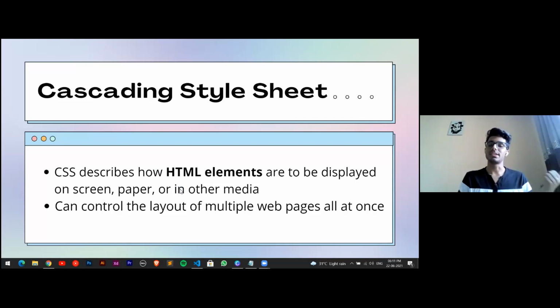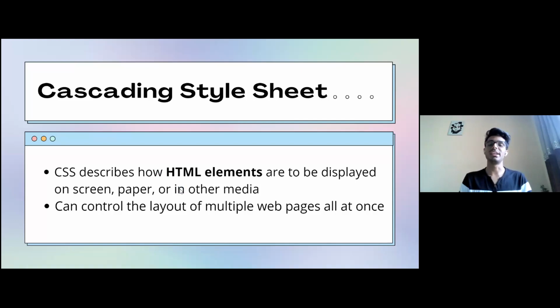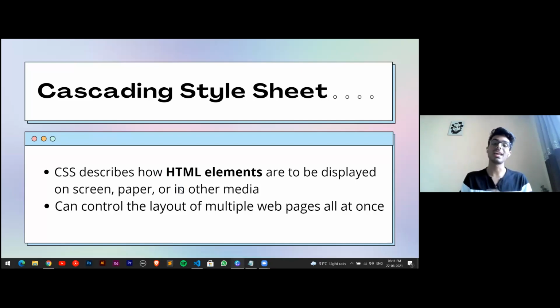Like yesterday we had seen that we had three types of styling methods, that is inline, external, and the one which we had used in the head tag, that is the style tags.